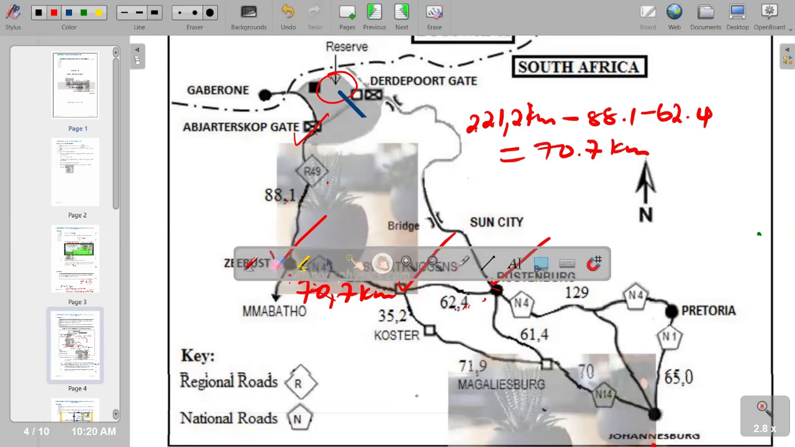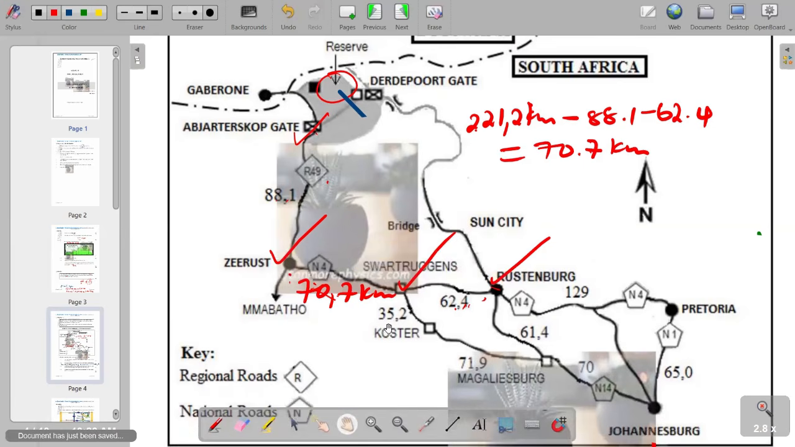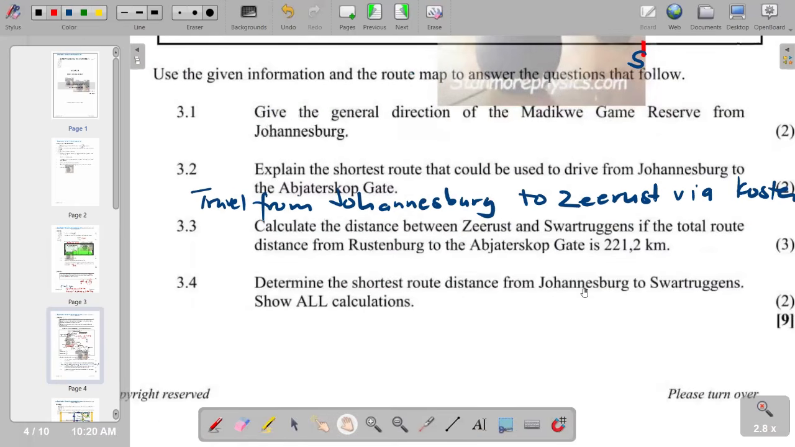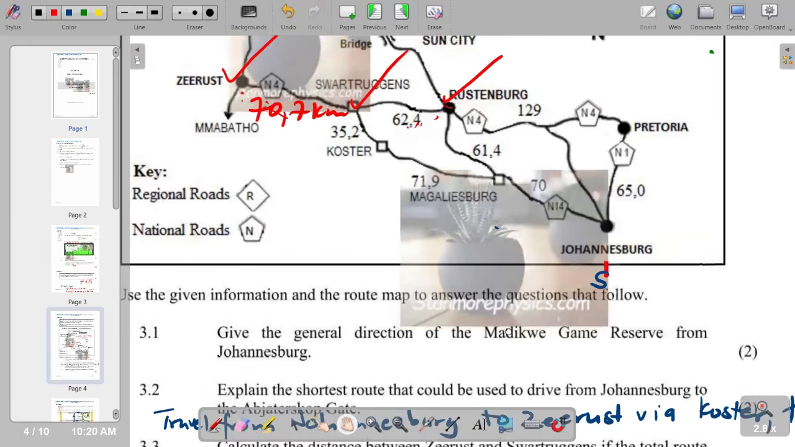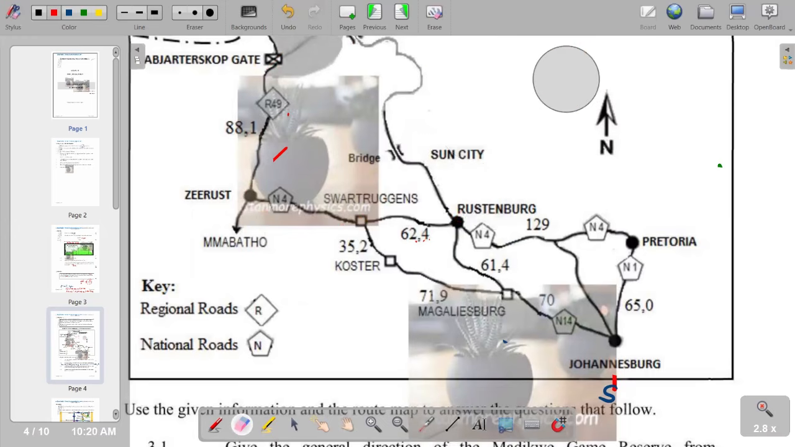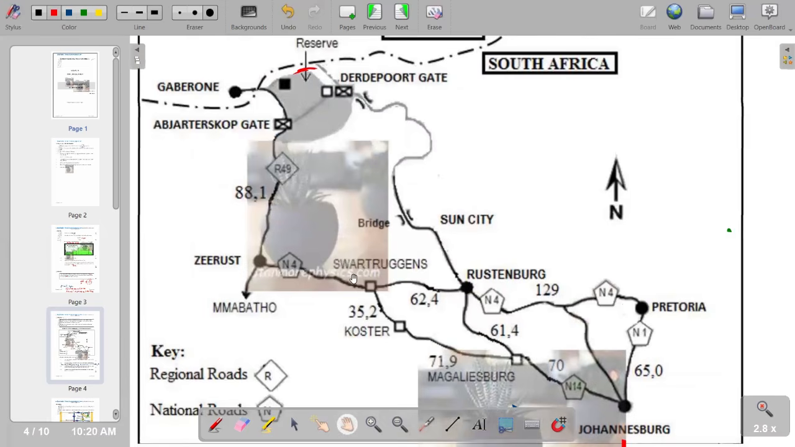So moving on to the next part of our question, which is now 3.4. Determine the shortest route distance from Johannesburg to Swartwagens for all calculations. Johannesburg to Swartwagens. So we can as well try to remove what we have. So Johannesburg on this part, and then Swartwagens we have it on this part. So we can indicate the 2 points here and then here. So Johannesburg to Swartwagens, of course,